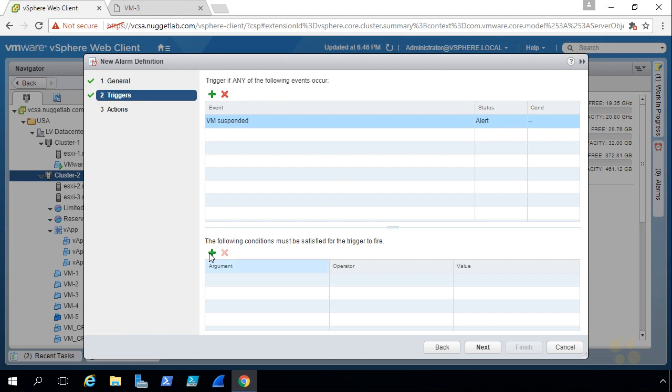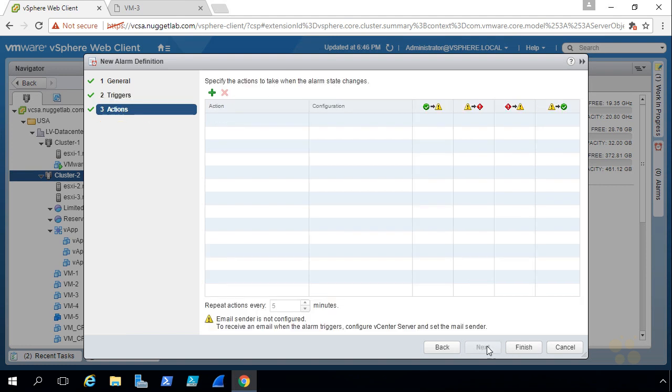For example, we'll click on the plus symbol regarding a further condition, and for the drop down, with an operator of equal to, and then we'll simply type in VM-3. If we left off the name, it would apply to any VM in that cluster that was put in suspend mode. So now here for the actions, we can specify what we want to have happen as an action